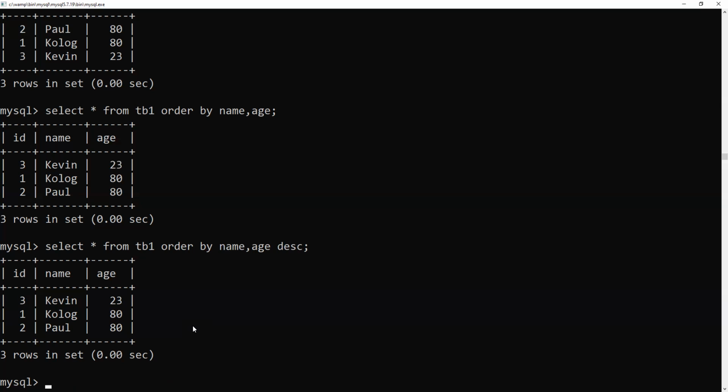Now let's move to another point of our route. The next one will be update, right? So update, that's the keyword, followed by the name of the table, TB1. Update table, set age equal to 16, where